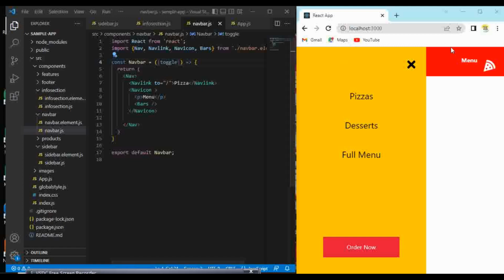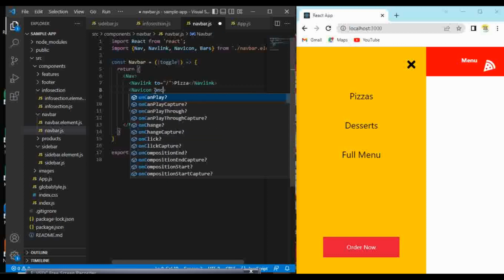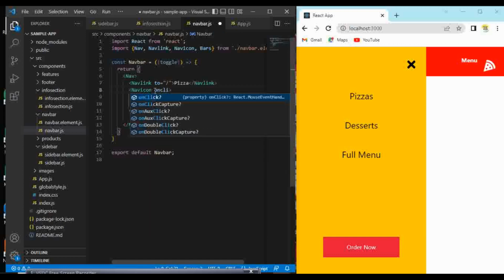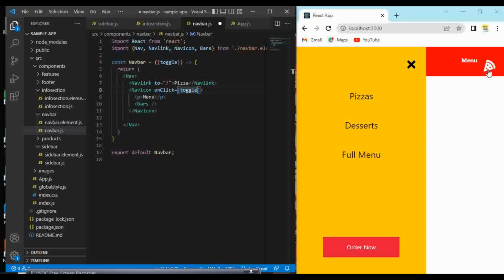So when I click this pizza icon, this toggle functionality should open. Inside this nav icon, I'm giving the on click function: on click is equal to toggle. So when I click this button, this toggle functionality, true and false, it is just toggling, no? So this functionality should get operated. I'm giving this inside this navbar. Now I will save this, and inside this sidebar,